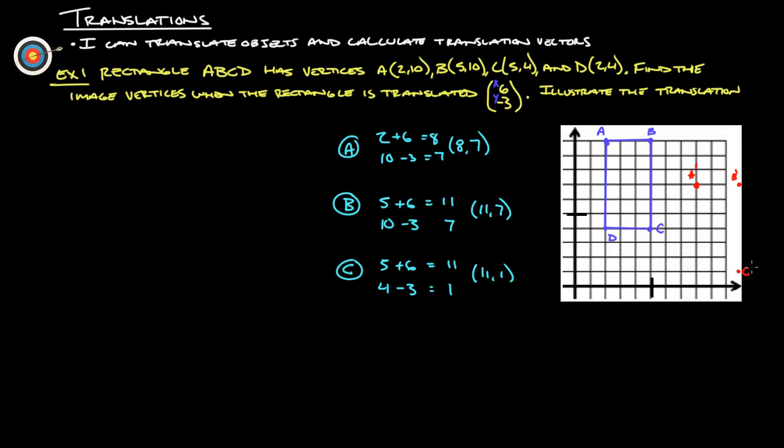All right, so there's C prime. And then the last part is D. So we start with 2 and 4. We're going to add 6, subtract 3. That gives us 8 and 1. So that point there is 8, 1. So when we graph that, there's 8 and there's 1. And that's D prime, and here's our new